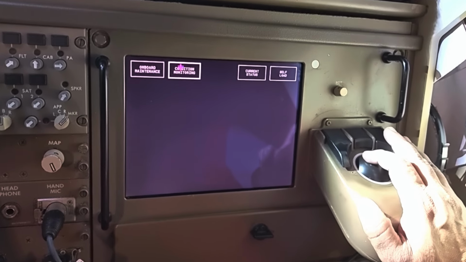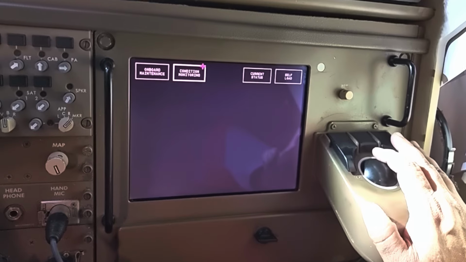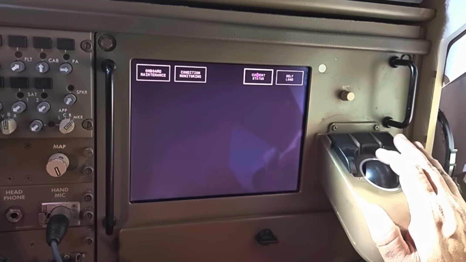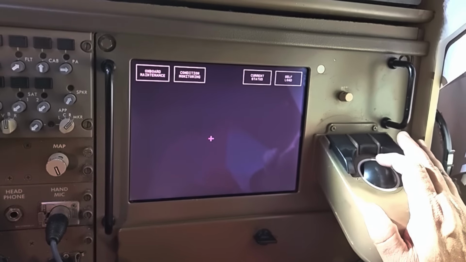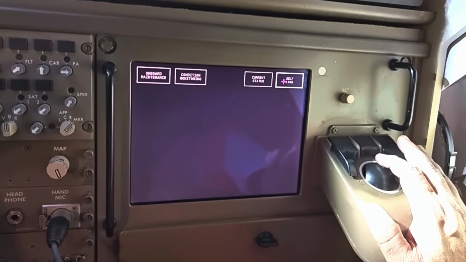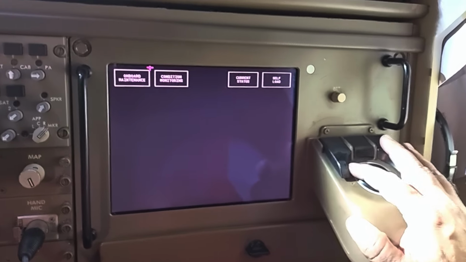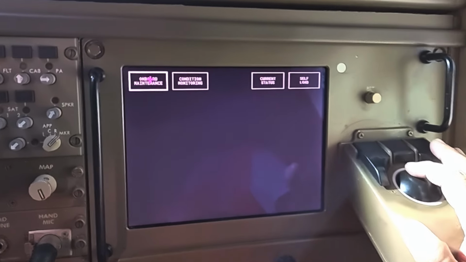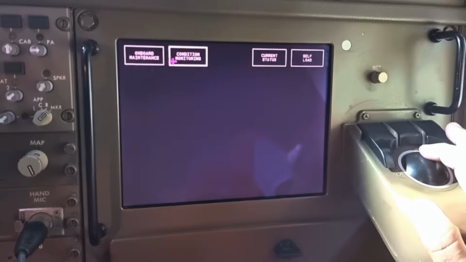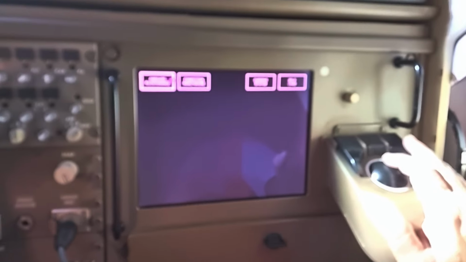This is for the condition monitoring, which is for the purpose of the ACMS. Suppose we want to interact with the ACMS, and the current status about the MAT, maintenance access terminal, and self load. So it can perform the self load for the maintenance access terminal. These two options we use normally. One is the onboard maintenance for the maintenance purpose. The other is for the condition monitoring, where we can see some reports, especially the ACMS reports, engine related reports, airframe related reports. All those we can check.